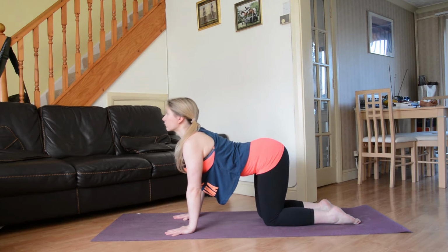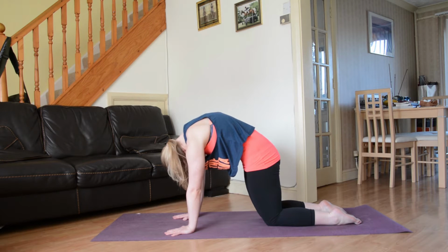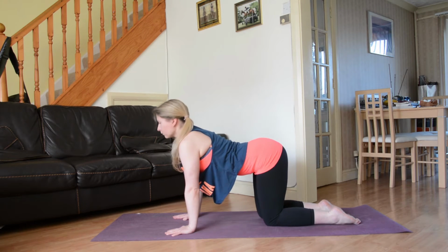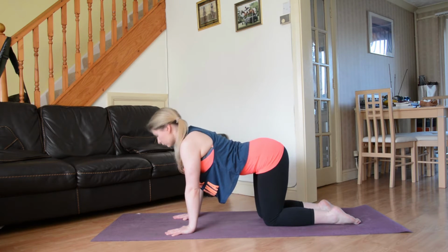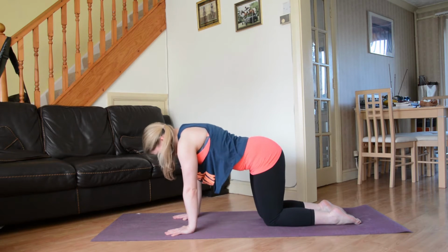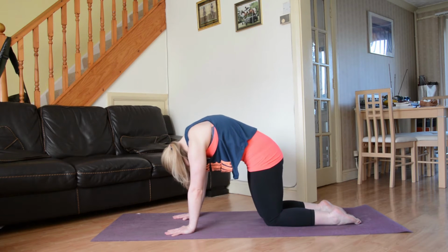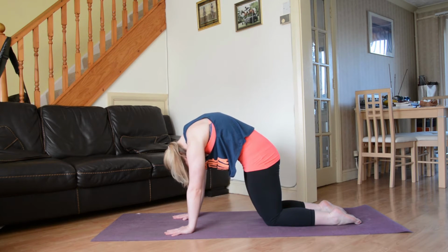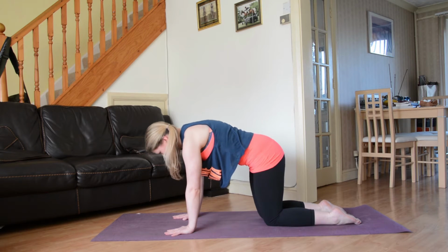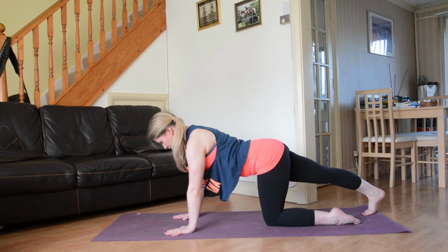Inhale, dropping the belly, gaze up towards the sky. Exhale, round the spine, push the spine up towards the sky. Inhale, lengthen. Exhale, round. Inhale, lengthening through the tailbone. Gaze up towards the sky. Exhale, round. Chin tucked towards the chest. Push the earth away. Come back to another neutral spine, tabletop position, and we'll bring the right foot out behind